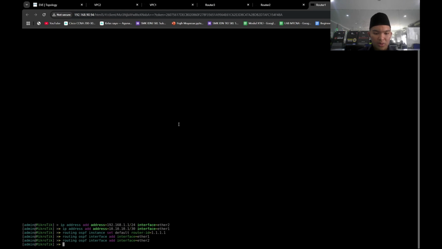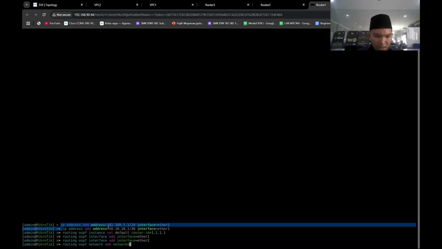We're gonna set up router 1: routing OSPF network, add network. For the network in the router, you look at the IP addresses. This is the first IP address and this is the second IP address that router 1 has.